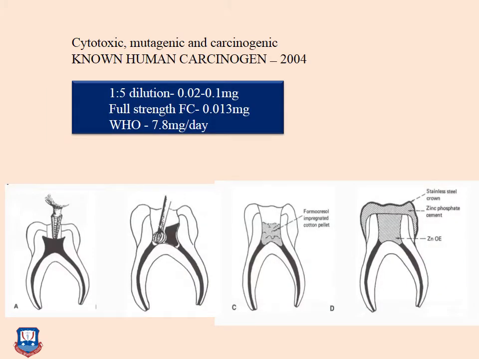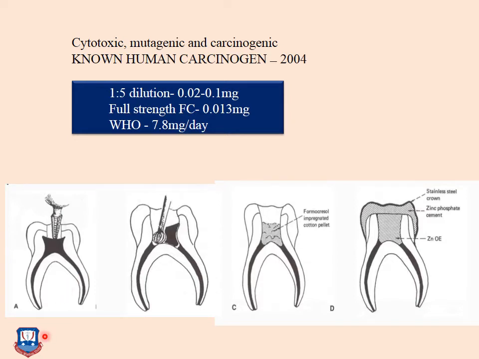So formocresol has cytotoxic, mutagenic and carcinogenic effects, and according to a study which was done in 2004, it is also known as a human carcinogen. So the dilution of 1:5 ratio is approximately 0.02 to 0.1 milligram. The full strength of formocresol is 0.013 milligram. According to WHO, it is